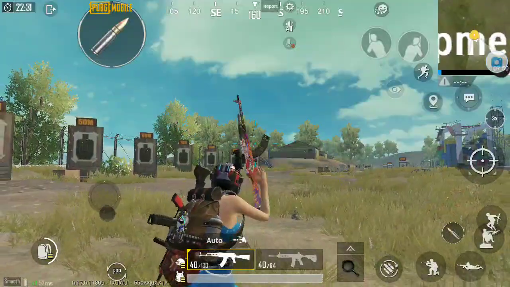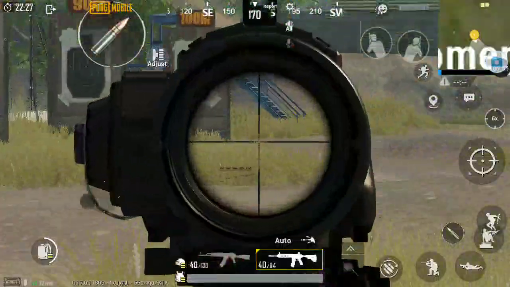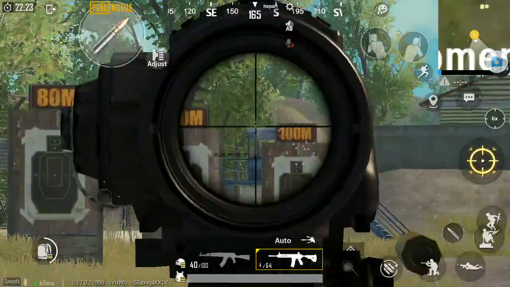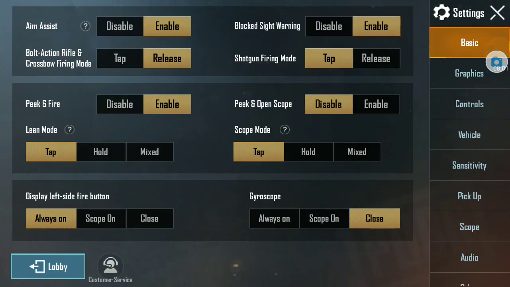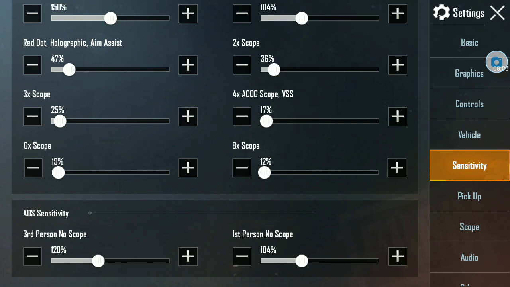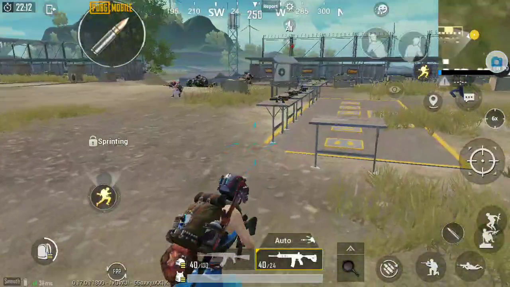3x, 4x, 6x also. Everyone nowadays uses 6x for the M4. So see, mine is going up, so I'll change my 6x sensitivity a little more, 14, 20. Okay, so I'm going there to get some more ammo.